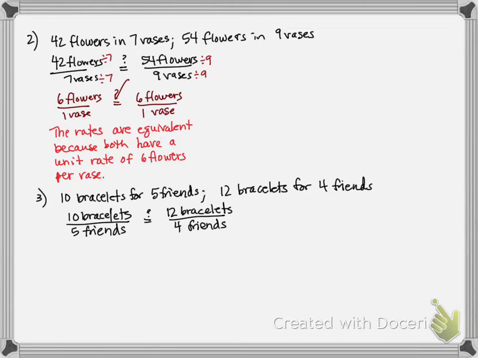Okay, so I'm going to do the cross product method. And I'm going to multiply 10 times 4. And we're going to see if that's the same thing as 12 times 5. I don't know why I do my operation symbols differently, but I did. So 10 times 4 is 40, and 12 times 5 is 60. Ooh, that's not true. So you would say the rates are not equivalent